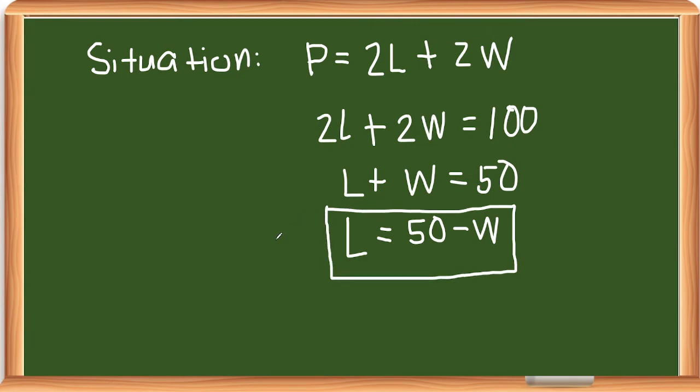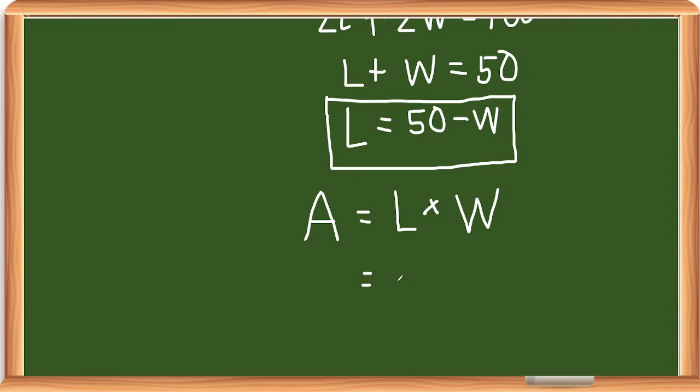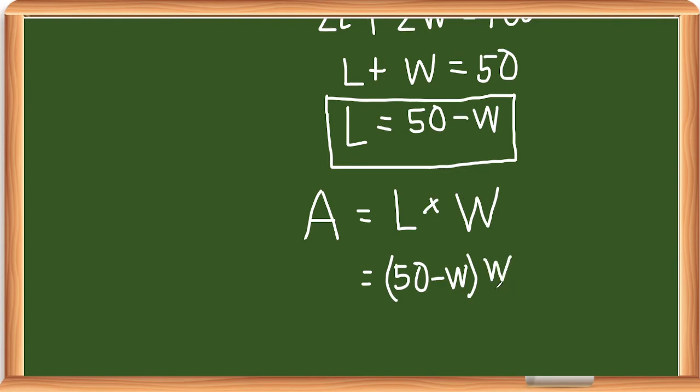Now, what's the other situation? You all know that the area of a rectangle is equal to length times W, no? Multiply mo yung length sa W. So, yung length mo, instead of using L, let's use this one because your L is equal to 50 minus W. Lagay natin dito. 50 minus W. Okay, yan na yung L mo. I-multiply natin sa W. So, ano na naging equation mo? This becomes